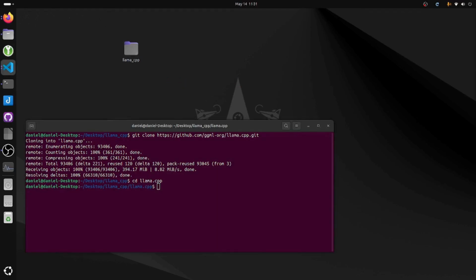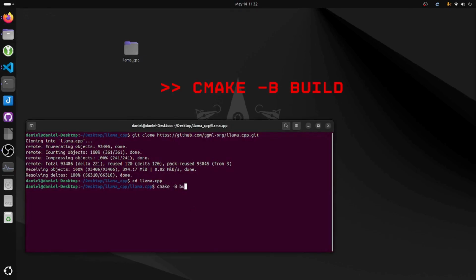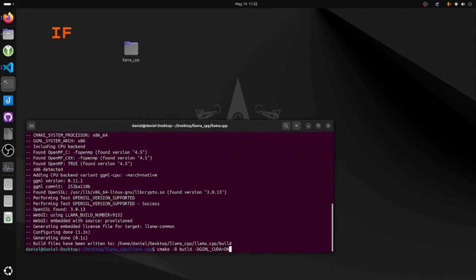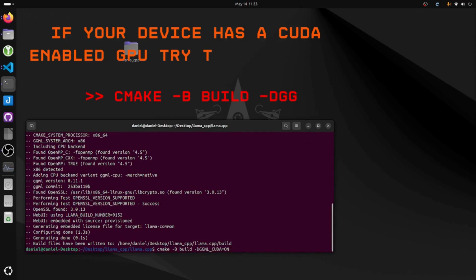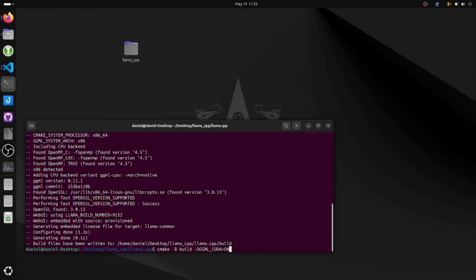We first need to compile the C and C++ code into something that your machine's specific hardware capabilities can manage and run. Let's get through that. This would enable CUDA, which would allow you to use your GPU when running your local model. However, for now, we're going to be running the model completely on the CPU. So the next step would be